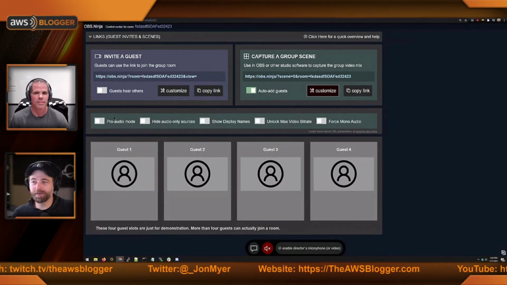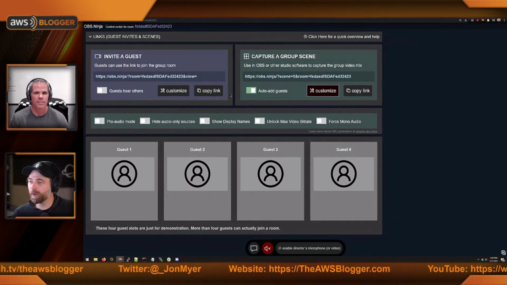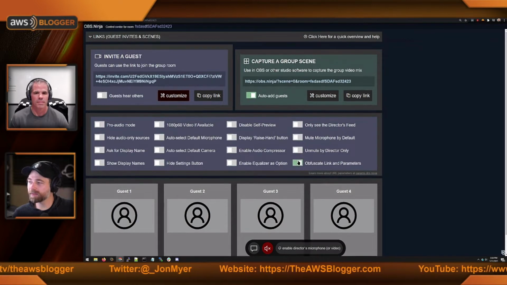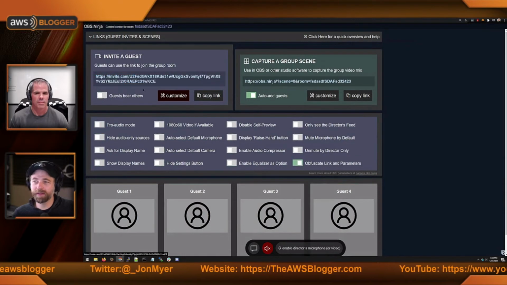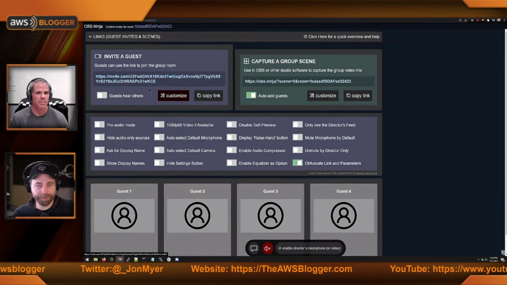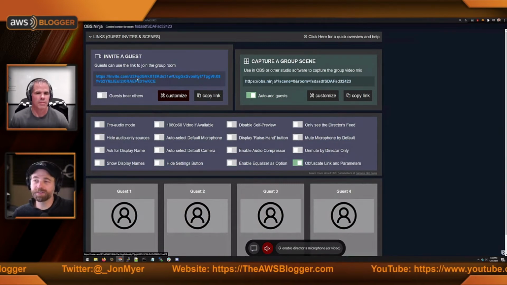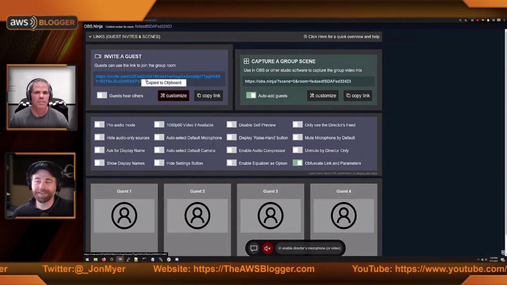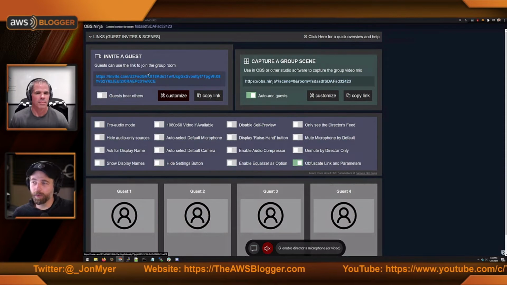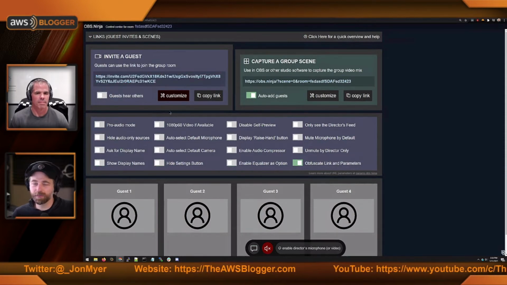Adding more functionality, you can kind of get advanced options. I think this was in 14.4. I think there's one new option that was added since 14.4, and that's this Obfuscate option now. So if you press that, it converts the invite guest button into an invite.cam link. This is also part of OBS Ninja, but this link is brand free. All the URL parameters are encoded, so guests won't know what the parameters are. They won't be able to really know that you're using OBS Ninja.